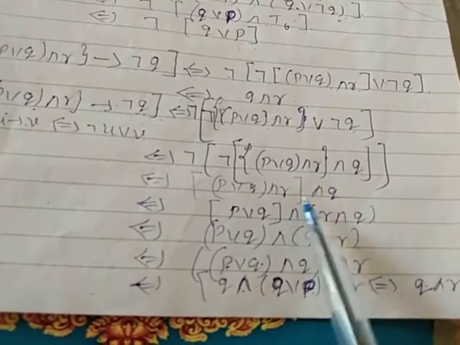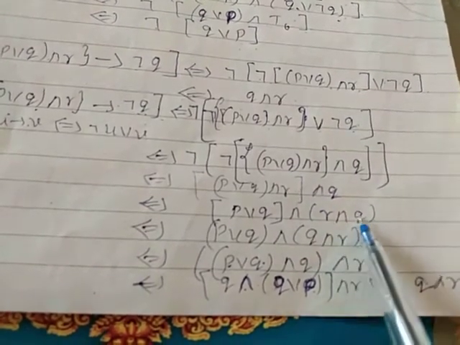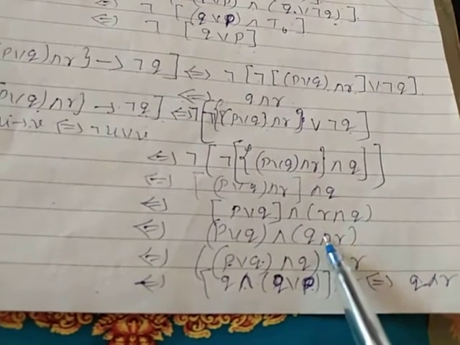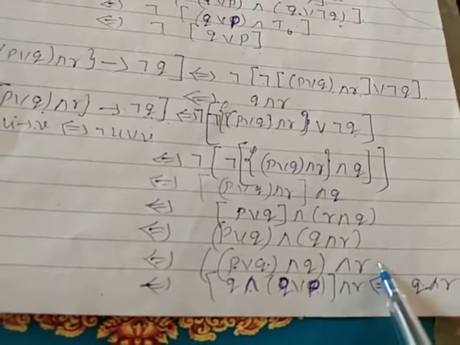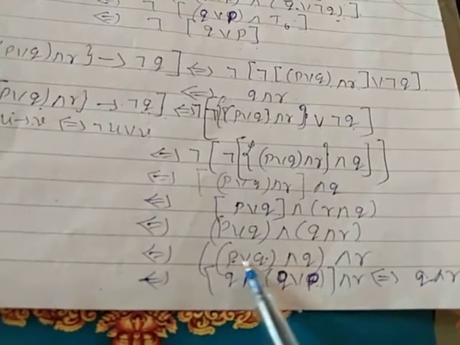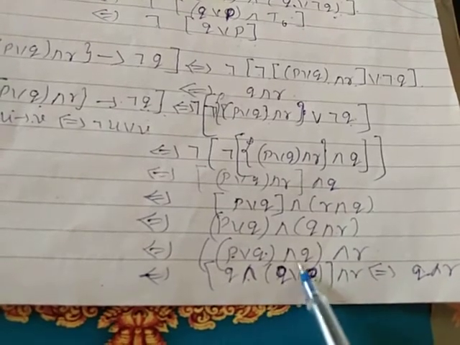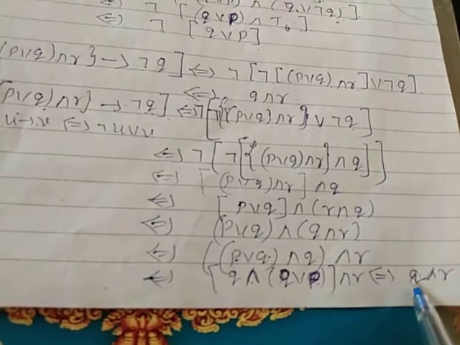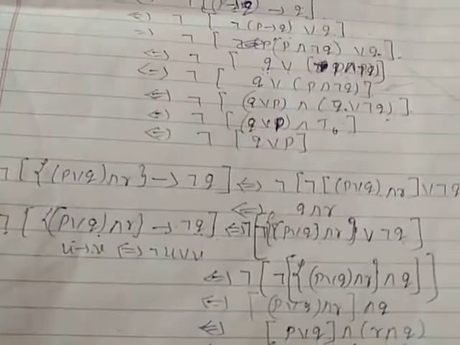I am just applying the associative here. And next I am going to take the commutative. R and q can be written as q and r. Now again using the associative, q will be joined here, p or q and r. Now again using the commutative, q, and again here for the p and q, again I am using the commutative, q or p. So q and q or p, using the law of absorption, q and q or p can be written as q, and r will be as it is. That is our required proof.